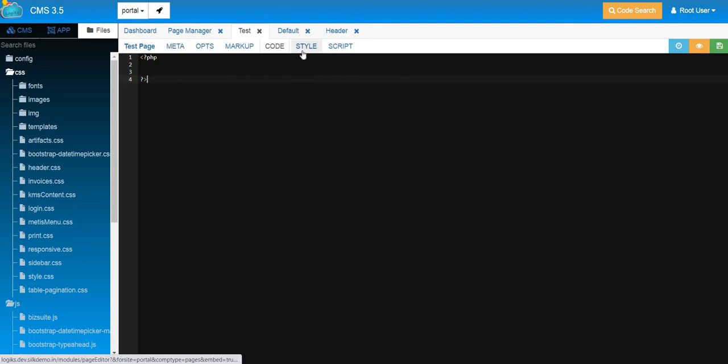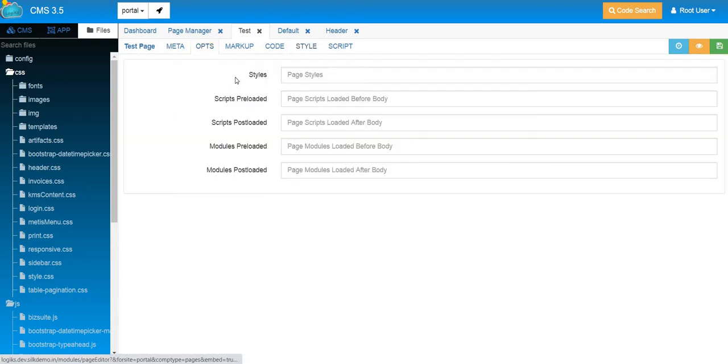Now, if you have some small CSS which you don't want to add inside any file because it is only 10 or 5 lines of CSS, it can be directly added inside your page. For that you can write it directly into the style tag. Whereas any script you need should be written directly inside the script tag. If you are writing your script directly into the script tag or style inside the style tag, you don't need to call it in the ops. It will directly get called. So this is how a page can be created.